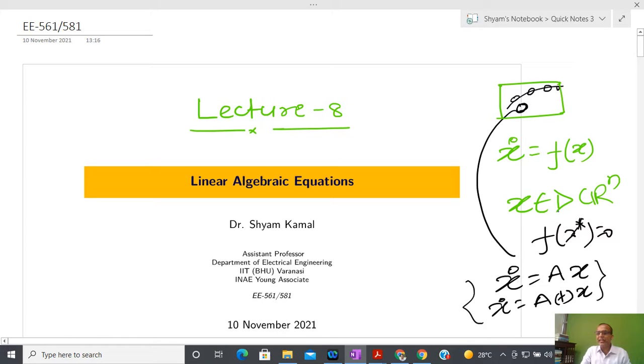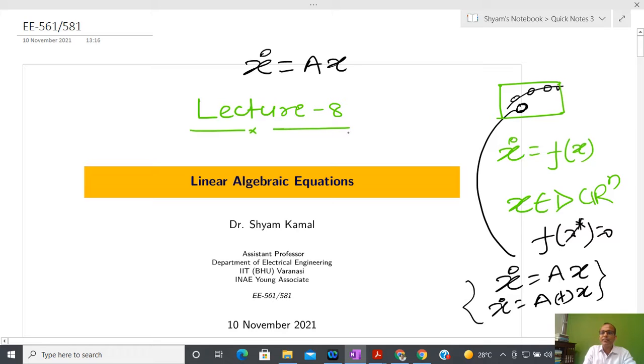Again, the mathematical model is not valid everywhere, and due to that reason I am not going to worry about the whole space, I am just worried about the subspace. Now, another important question: suppose I have a linear system, and I am not worrying about where I have come up with it from. Whenever you have to calculate the equilibrium point of that linear system, I am representing the linear system by x dot equal to Ax. So how to calculate the equilibrium point?